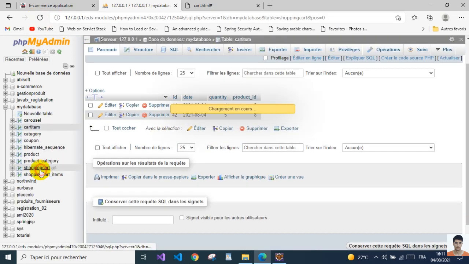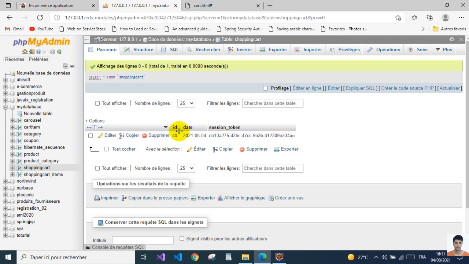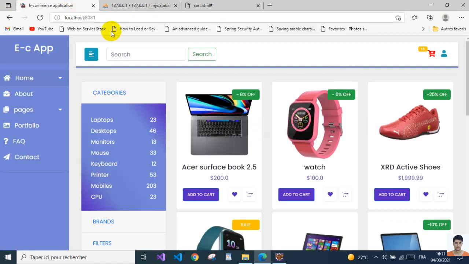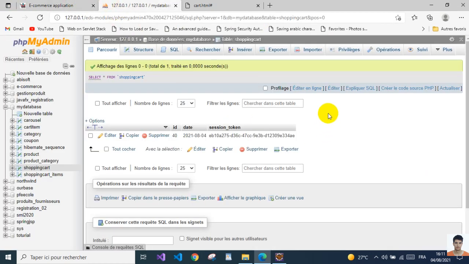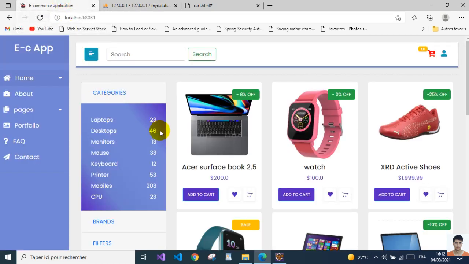But we always have one shopping cart because it's associated to one session. So if there is another session, we're gonna create another row there, and so we will have multiple rows here of the shopping cart. So this is the logic behind it, and now I'm gonna move to implement this,